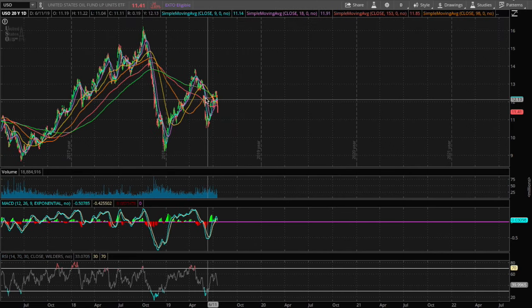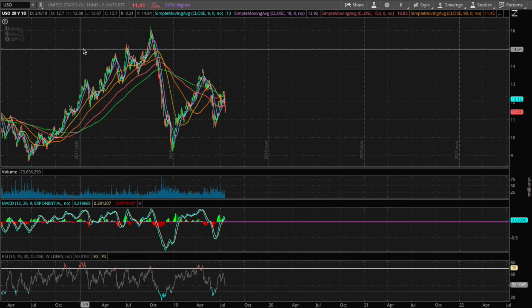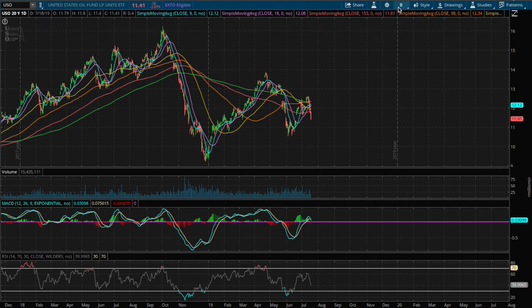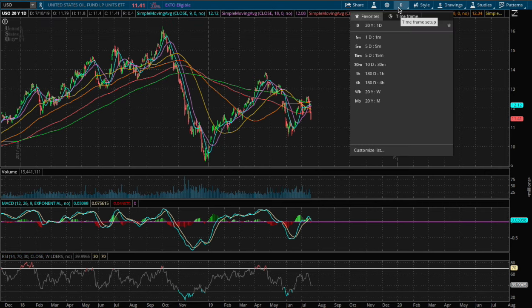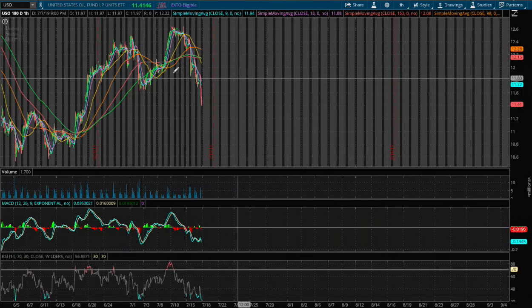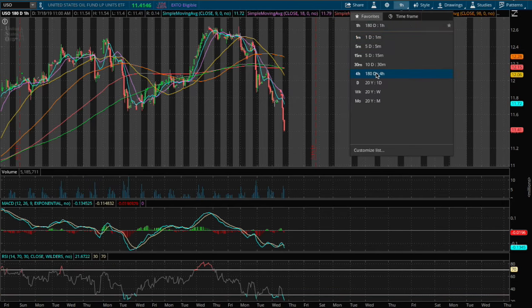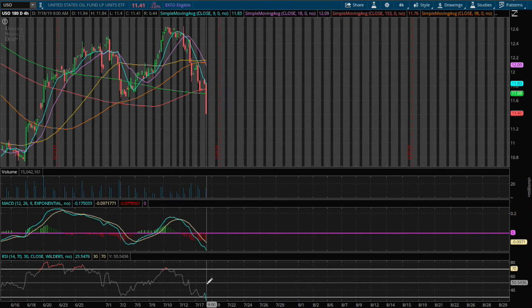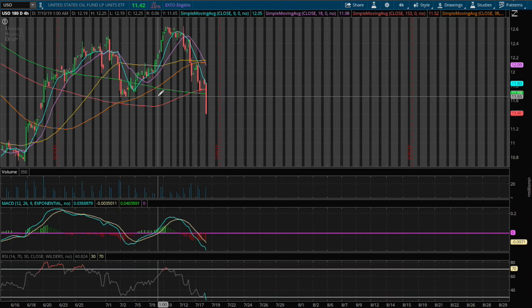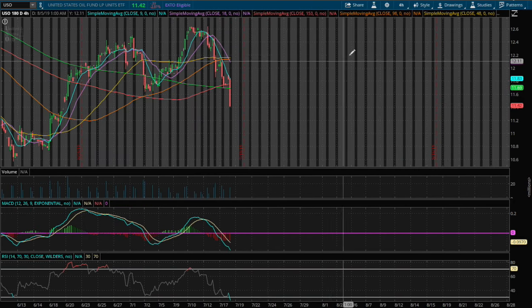Hello viewers, in this video I'll be going over WTI crude oil, ETF ticker symbol USO. Today we are down around 2.9% and we still have about 4 hours left in trading. On the 1 hour chart we are touching the bottom RSI. On the 4 hour chart we are also touching the bottom RSI, or we are in oversold territory, and the